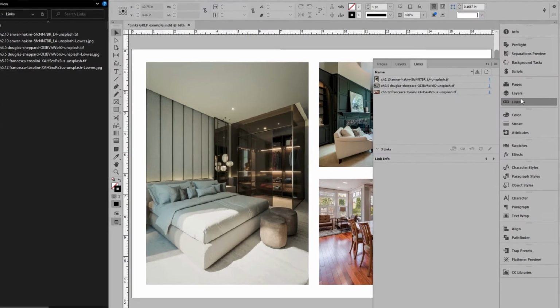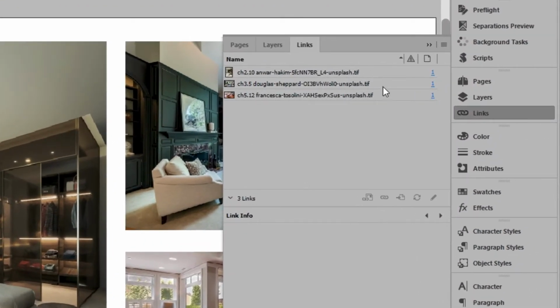In the Links panel, you can see the images are now linked to the high-res. We're done, and would be even if the layout had hundreds of images. That's handy. Next, I'll show the script links grep rename. Say the links are the right files, but we want to change the names, the link and the file name. In this example layout, see how the names have a chapter number. Let's get rid of that.